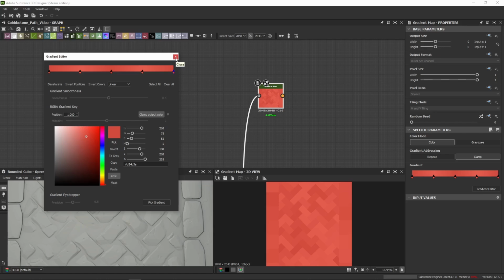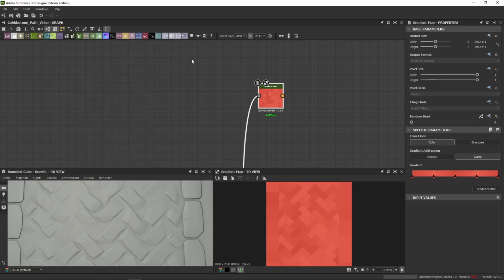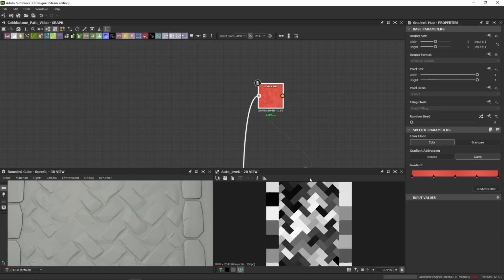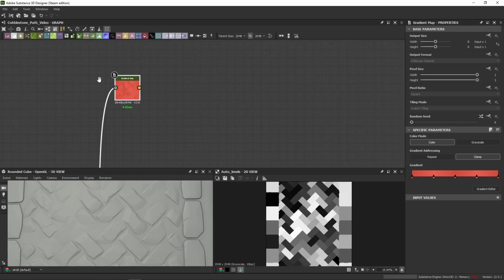And I did that just so that it doesn't go from dark to light or from light to dark. I wanted it to kind of bounce back and forth. So when using this grayscale here, it looks more varied rather than just going from one color to the other. Not a big difference, but